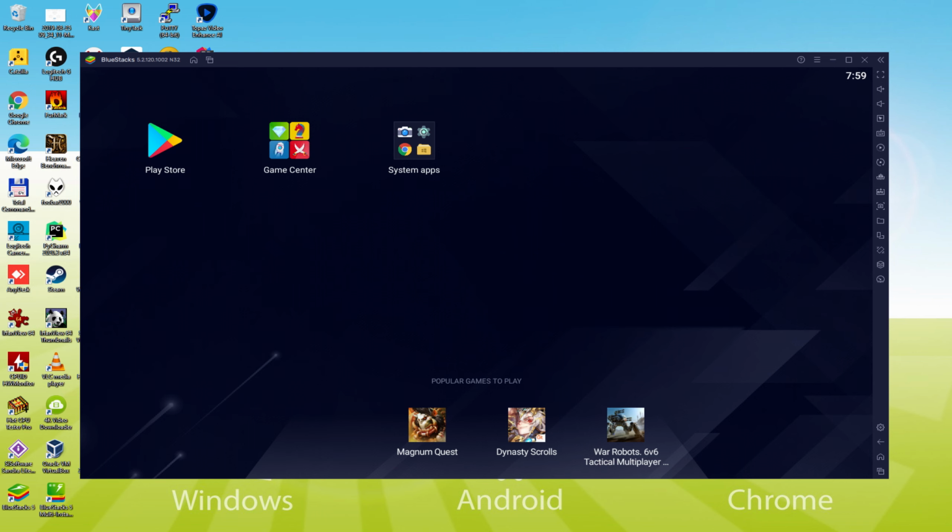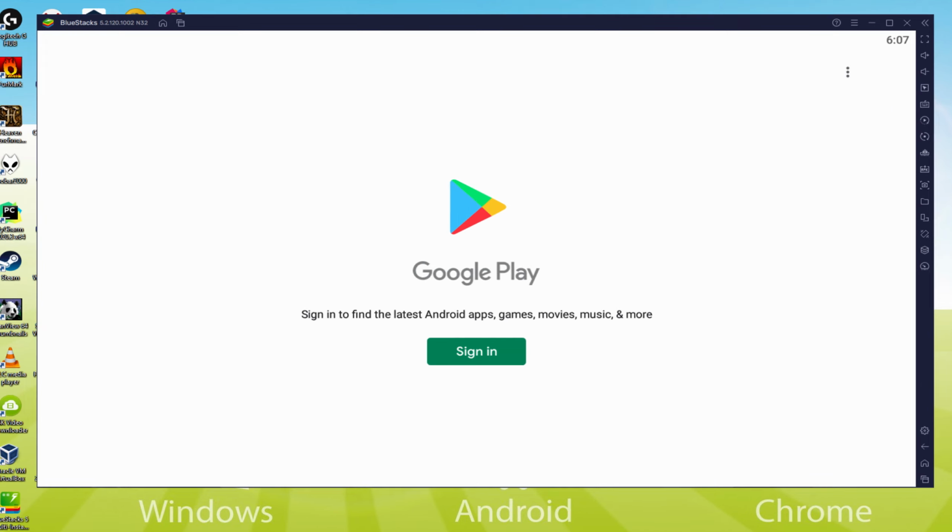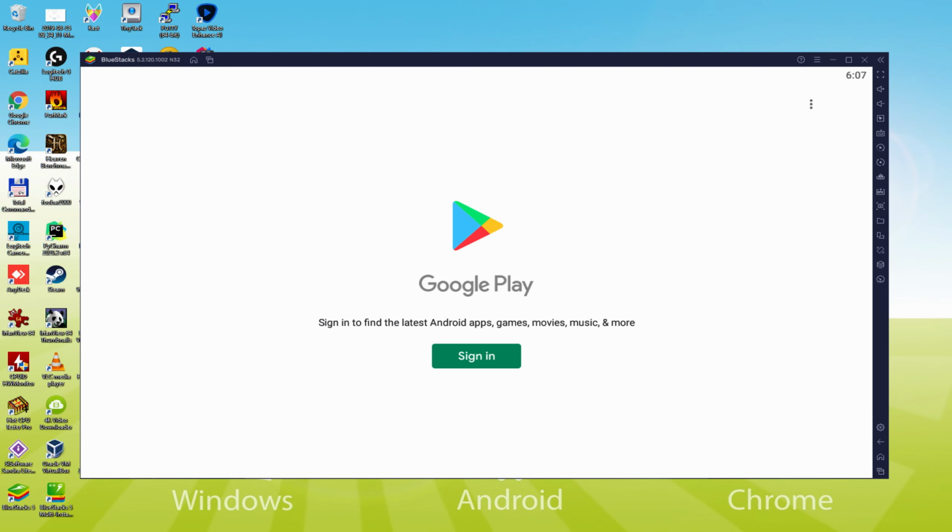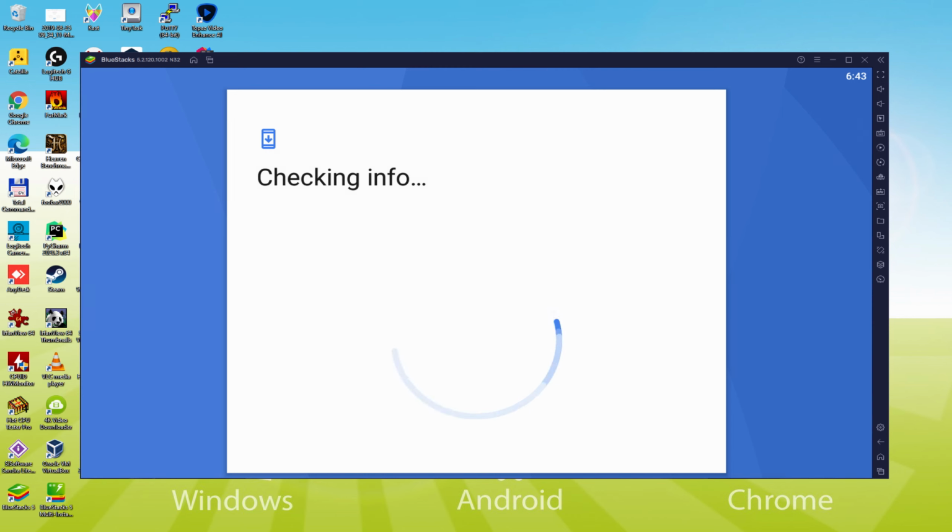Shall we perform the following step, which is a must-have, and that's to begin to browse the Google Play Store. We simply click on Play Store. As you can view, the Google Play is launched. Right here we must log on. So now as soon as we're right here, we must begin this next phase that is obligatory. Therefore we just click on Sign In. Presently it says Checking Info.